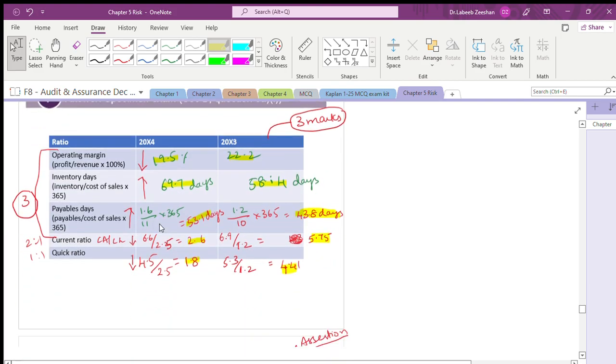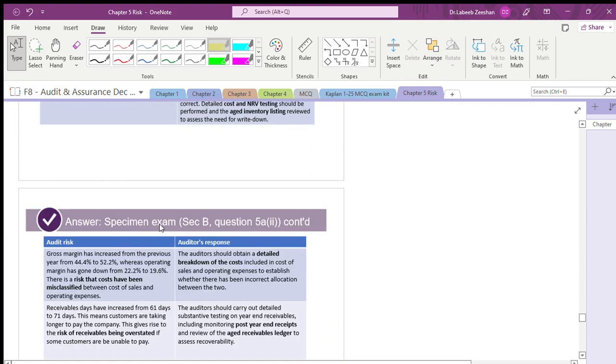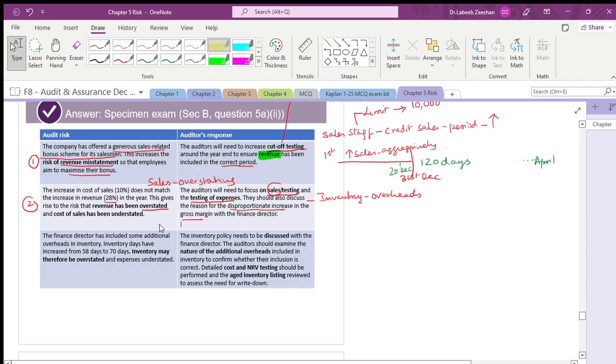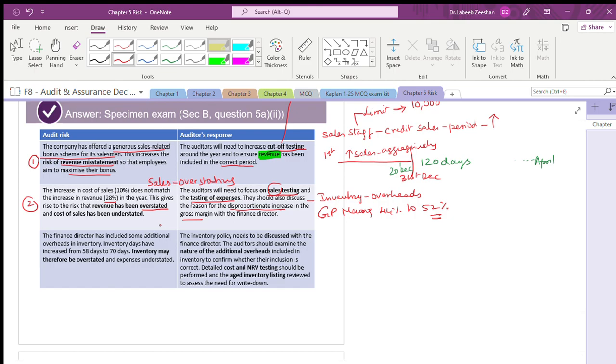It has increased from 44% to how much? To 52%. See, when the conditions are not good, when the market is not good, when the